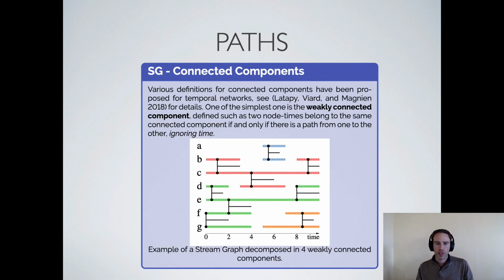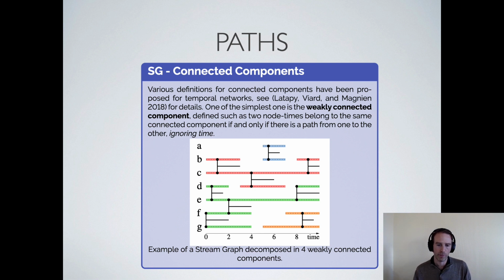A final notion we will introduce is the notion of connected components. You can check for more details in the original paper. Here I will just introduce the simplest notion, which consists in searching for sets of node pairs for which there is a path between them, not looking at time constraints. So you see that, for instance, each color corresponds to a weakly connected component, and we define this weakly connected component as being able to reach ignoring